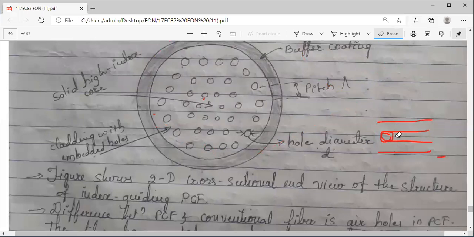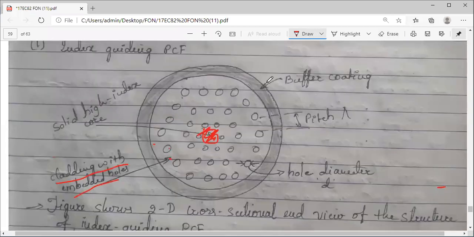This is one sample I have shown you. The center part indicates the core, and all the holes are in the cladding. So that's why it is cladding with embedded holes. This is a coating on this fiber.